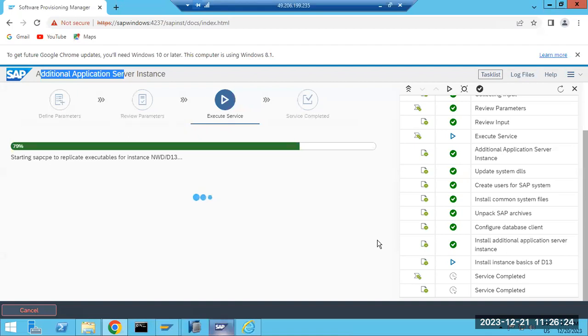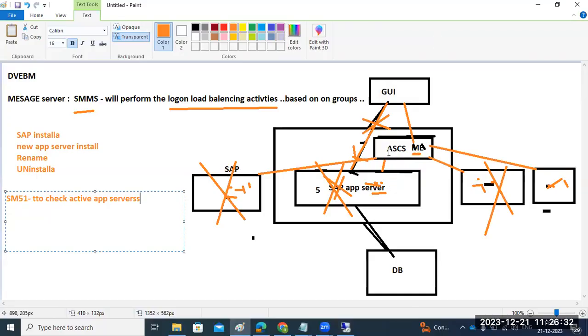But on different hosts, the additional instances will not have the ASCS instance, only the primary application server. The first time you do the installation, you get only one ASCS instance. After that, when you add additional application servers, you will not get one more ASCS. Why? Because here the message server is